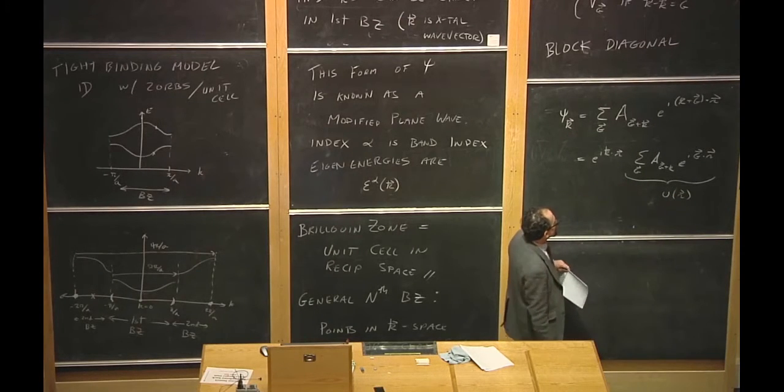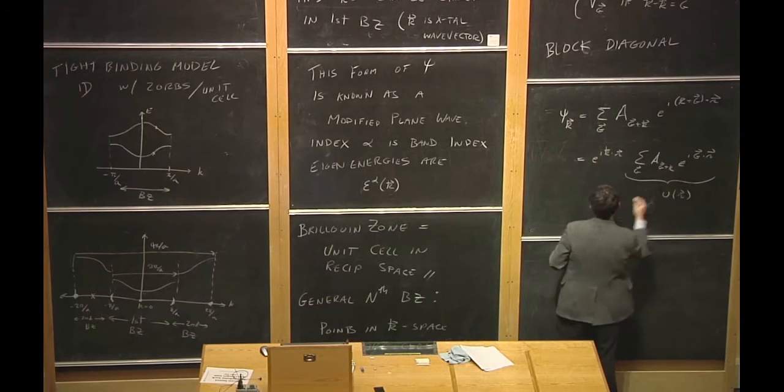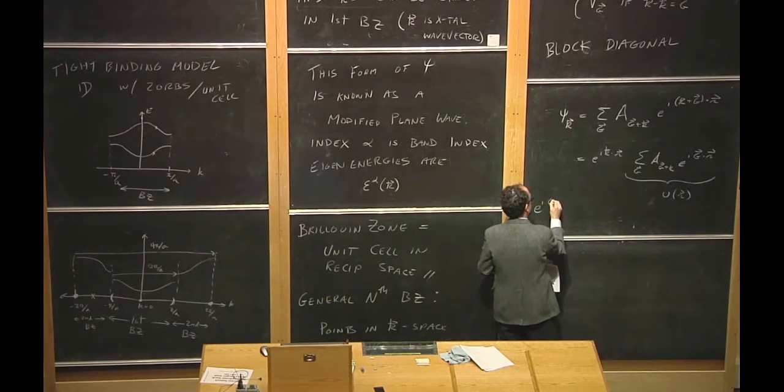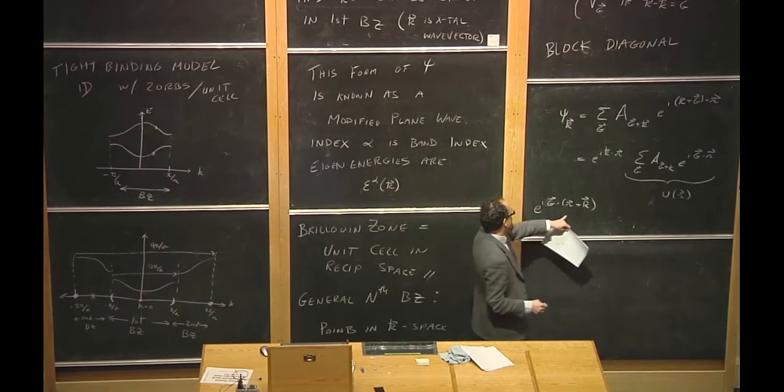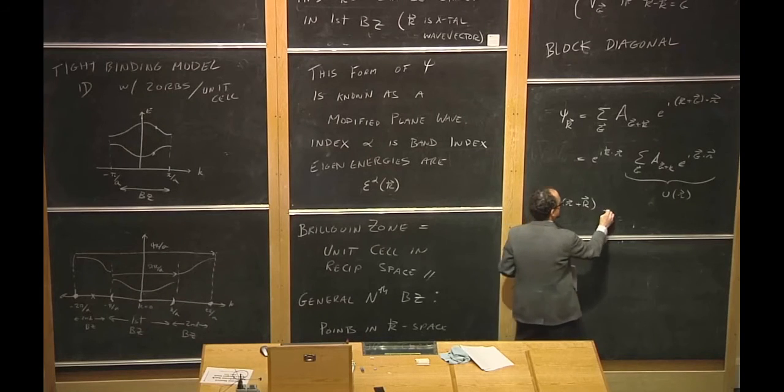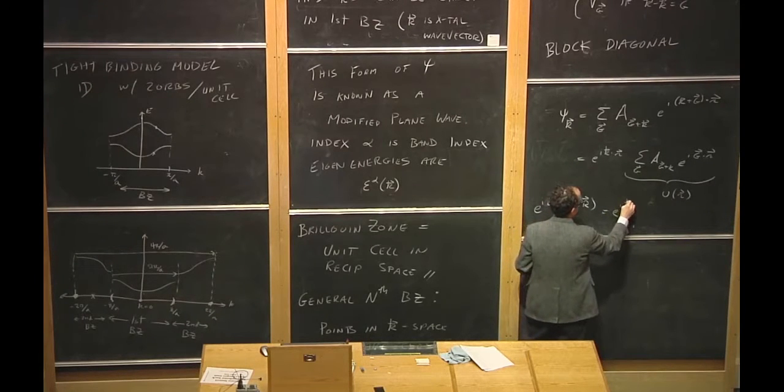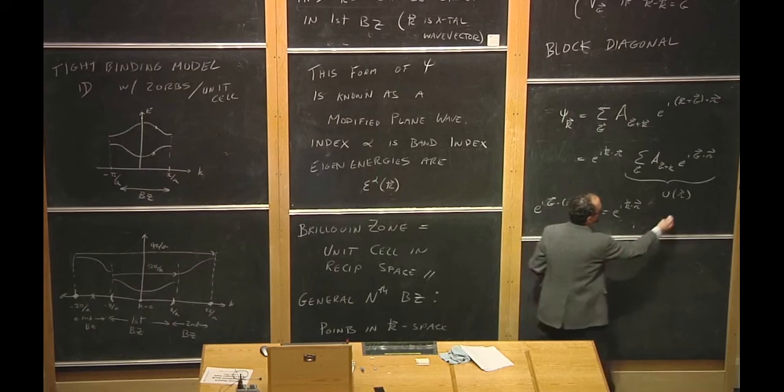And you can tell this thing must be periodic, because if you take e to the i g dotted with r plus R, move it by a direct space lattice vector, this thing is the same as e to the i g dot r. So this thing is periodic,